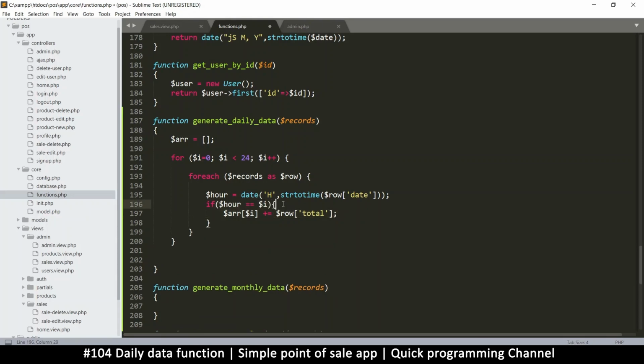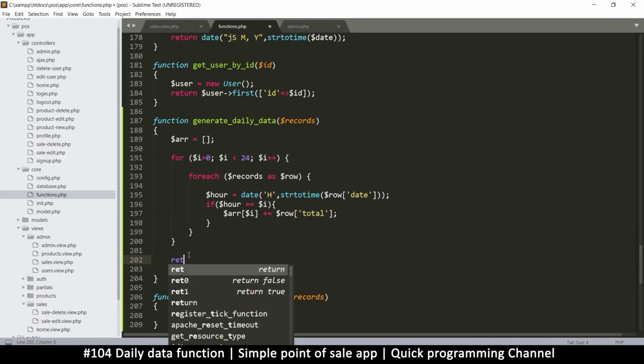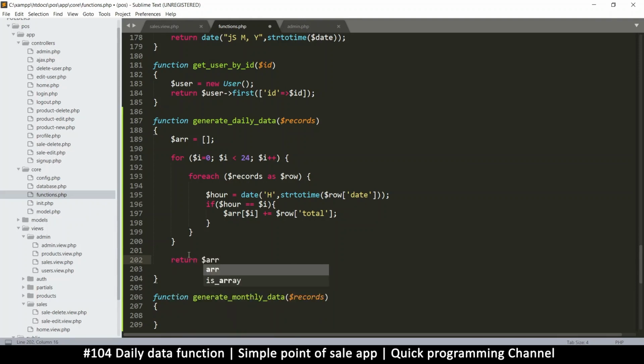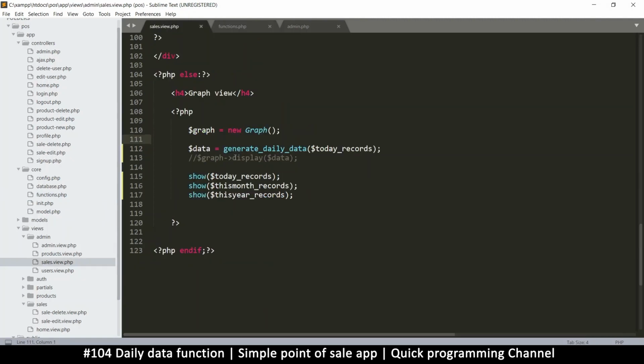But just for readability's sake, let's put the brackets like so. And then we're going to add that. And then at the end of all this, we're going to return the array like that. Okay. So if I go back to my cells here, I want to show what the result of